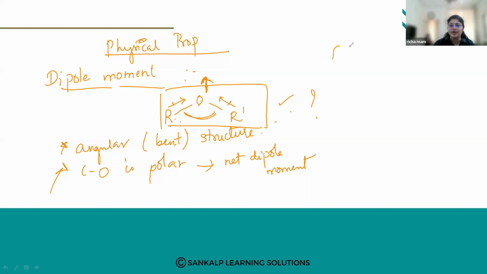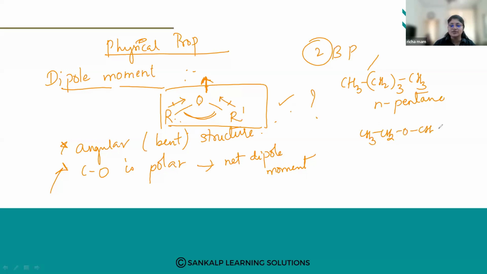Next is the boiling point. When you are discussing the boiling point, suppose you have CH3 (CH2)3 CH3, so that is 3, 4, 5 carbons. Then you have n-pentane. Suppose you have CH3 CH2 O CH2 CH3. Again, what do you have? Diethyl ether. Then next, if you have an alcohol, that is CH3 CH2